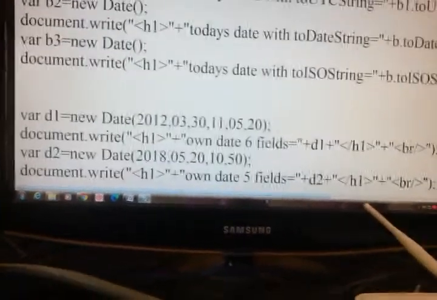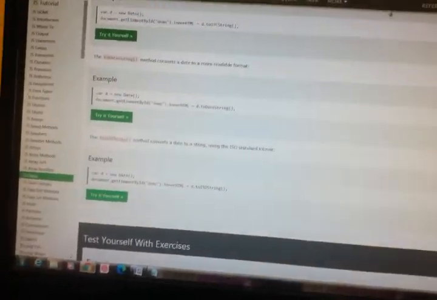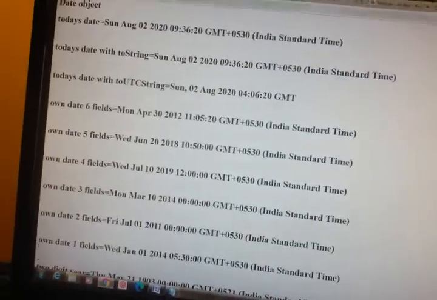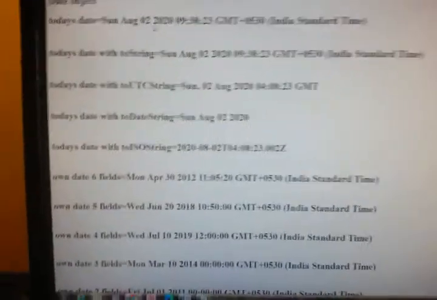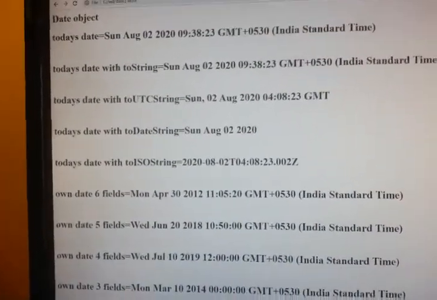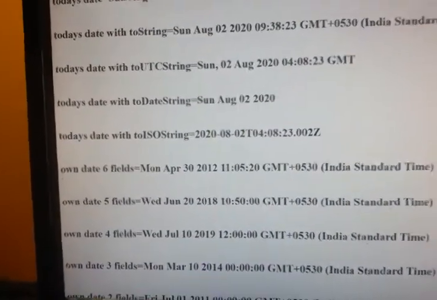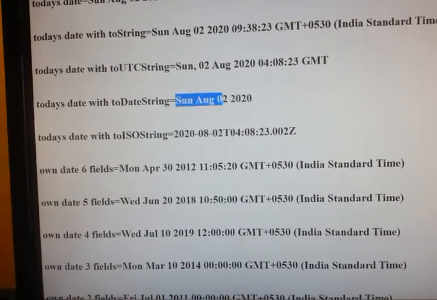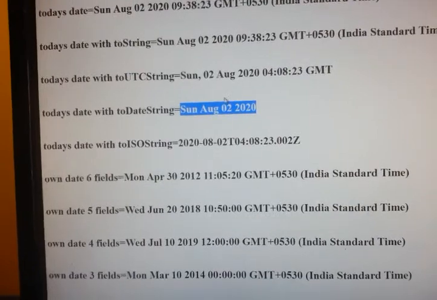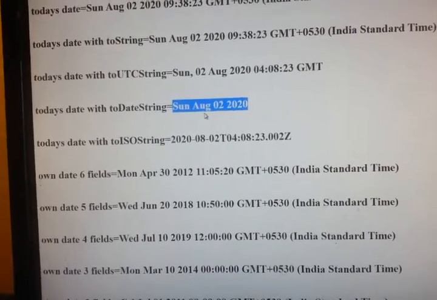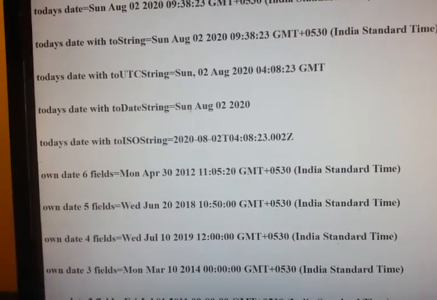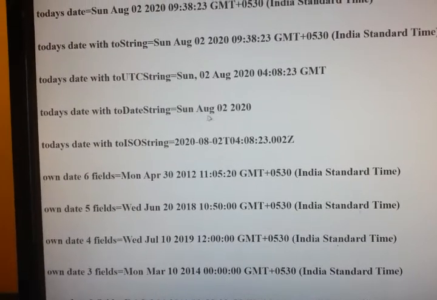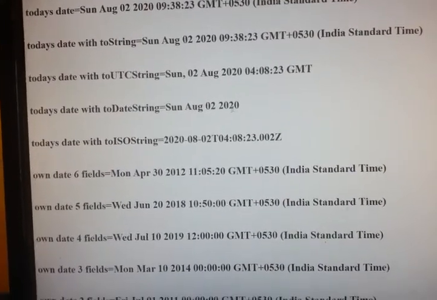Just save. Just rerun. See, UTC we got just GMT, and today's date toDateString. If you are using toDateString, we are just getting the date fields, Sunday, August 2, 2020.